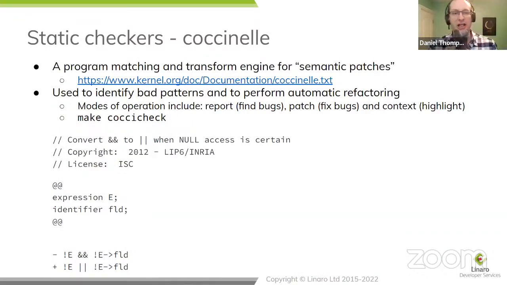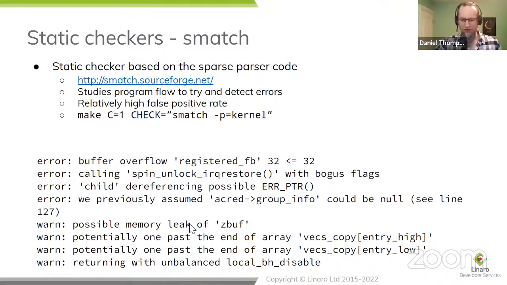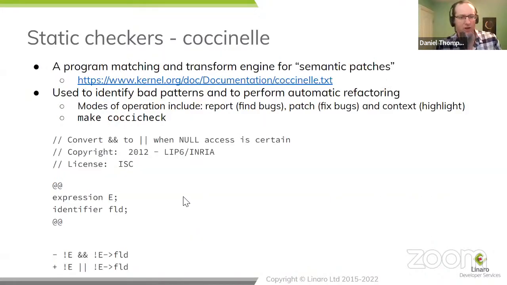Coccinelle is a very different beast. Coccinelle is an engine to process what are called semantic patches. Now, these are a bit like the unified diff patches that we send to the kernel. They certainly look a bit like it, but they work on semantic approximation. To explain what I mean by this, here is a semantic patch that looks for a bug. The bug it looks for is null checking an expression and then null checking the expression pointing to a field.